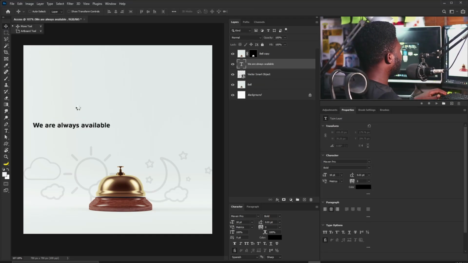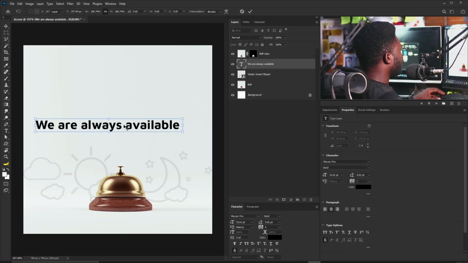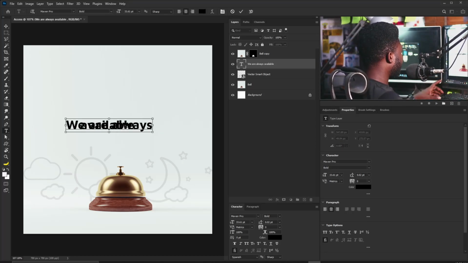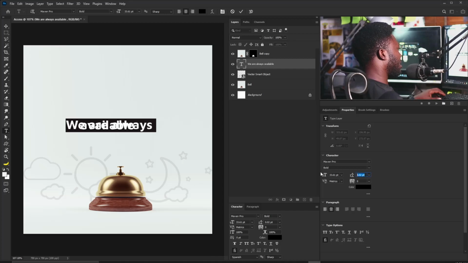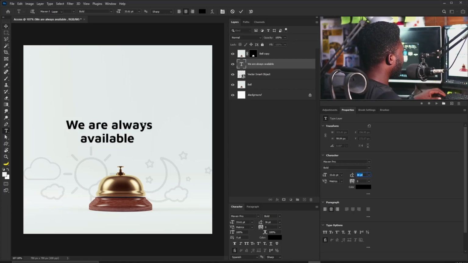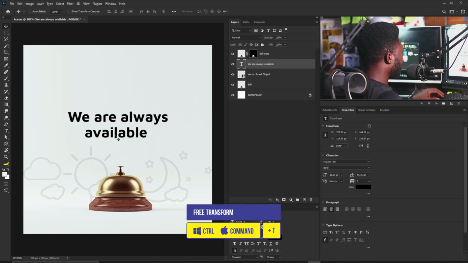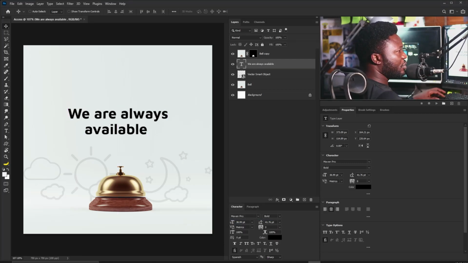All right, so the font I'm using is called Maven Pro. I got this font from Google, and I'm going to just push available down, and I'm going to add leading to this, add more leading, just like so. Okay, and I'm going to position this here and bring out the free transform and just scale a bit. So, all right, then I'm going to put "you can reach us 24/7,"